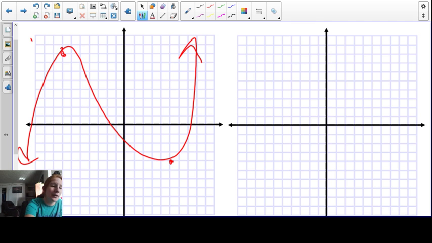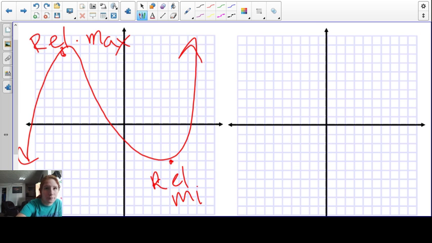This point up here would be considered my relative maximum. And this point down here would be my relative minimum. Now, does that mean you can have only one relative max and min? Or does that mean that you could have several? You could really have several. Say I had